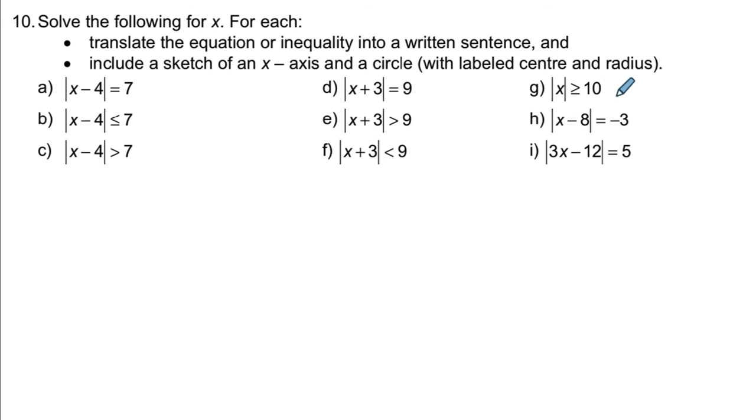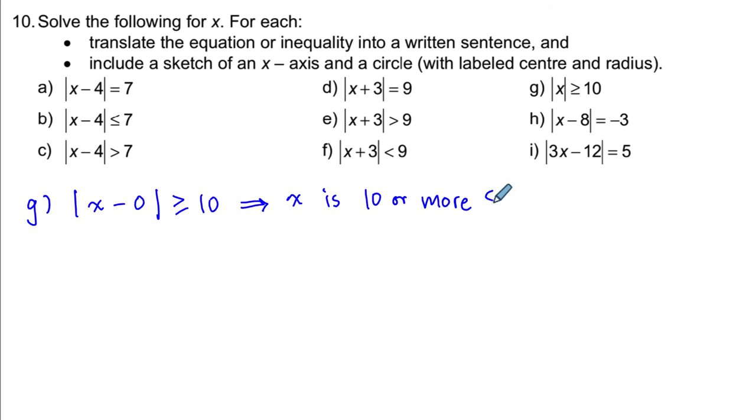Now the last three questions are all a little bit different from one another, so we'll take them one at a time. In part G it says the absolute value of x is greater than or equal to 10, but we didn't have a subtraction, so we can rewrite x as x minus 0. And that allows us to see the distance between x and 0, which is greater than or equal to 10. So we need that subtraction inside the absolute value statement to be able to see the between. We can rewrite that or restate this to say that x is 10 or more